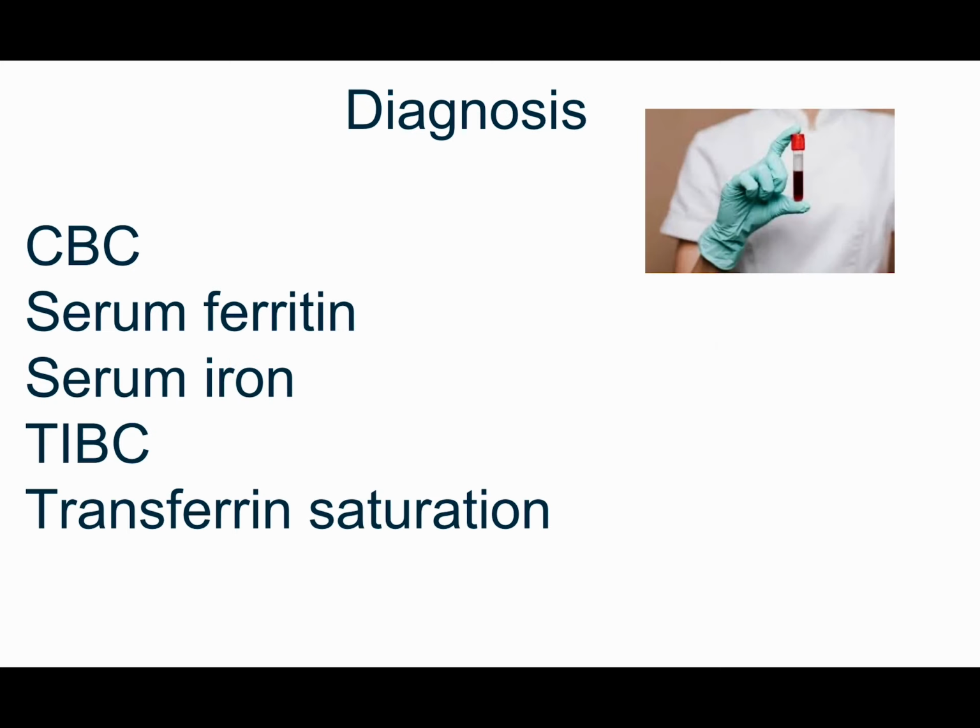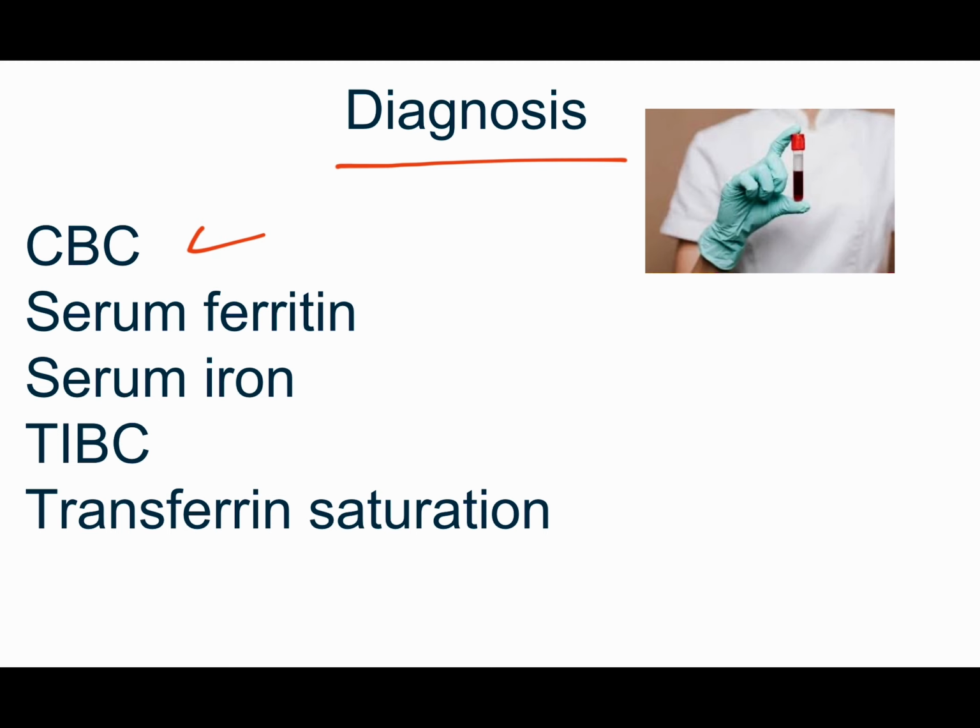Now, when you feel these symptoms, the doctor will ask you about your dietary habits, the menstrual history, and if you have any bleeding or medical condition. Then he will move to the physical examination to check for signs like pale skin and rapid heartbeat, which are common in anemia. After that, he will move to the laboratory tests. First, the CBC, complete blood